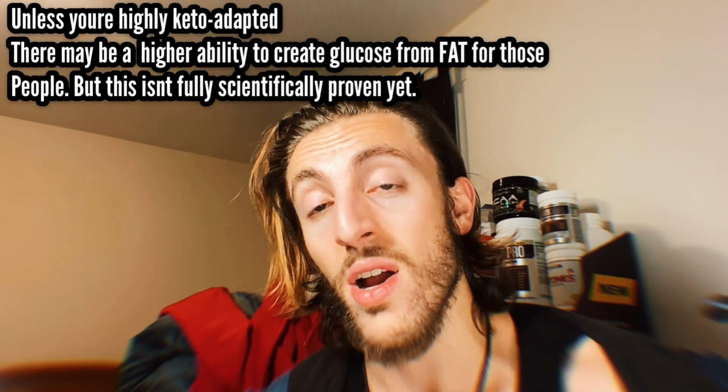But the point is, your body, when on a carb metabolism and on low carbs, is going to say, shit, we're low on carbs. Let's make some carbs. It's easier to make carbs out of protein than it is out of fat. So that is one side of the coin here about how you risk more muscle loss on a carbohydrate yet